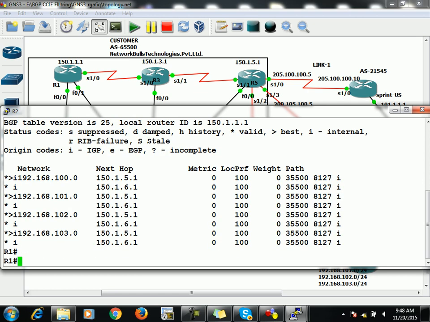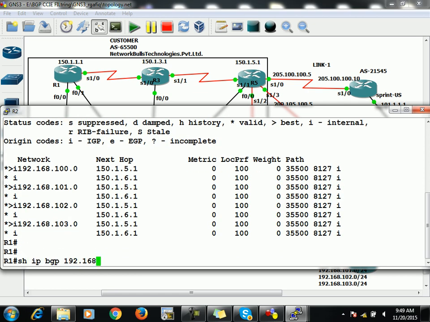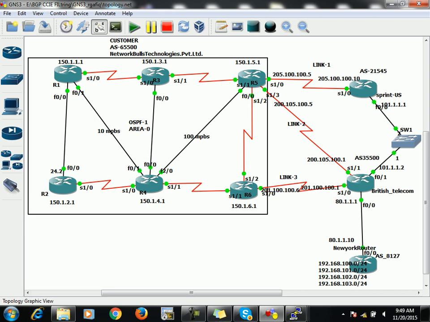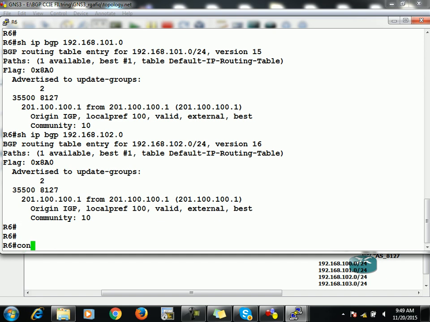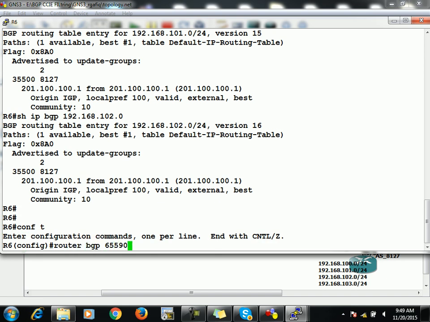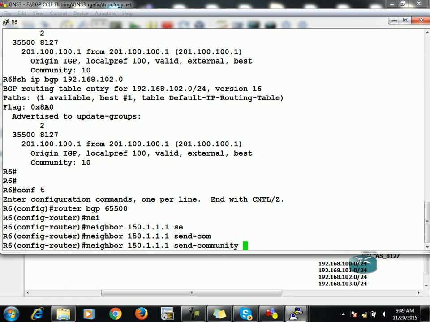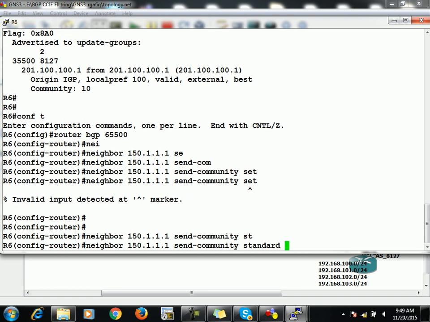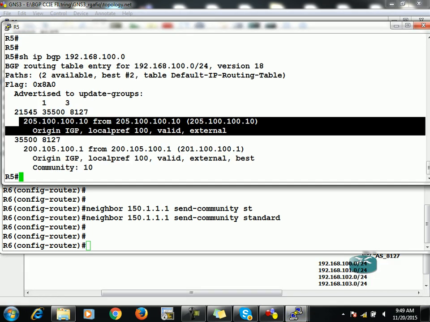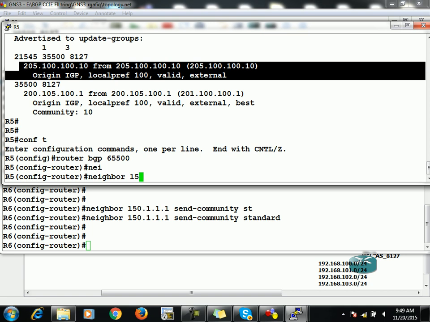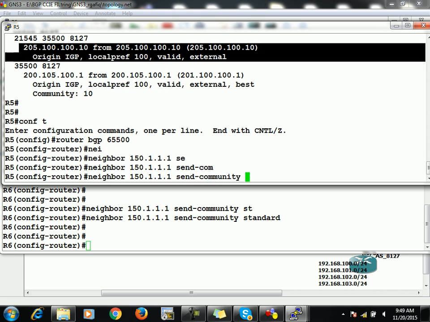You can see that we are receiving all those prefixes, but if we open them, 100.0, we will not get any community in all these prefixes, right? If we want to get this community onto R1 as well, then we have to move on R5 and R6, both of them, and then we have to say router BGP 65500 neighbor 150.1.1 send-community standard, right? Similarly, I have to configure the command on R5, like router BGP 65500, neighbor 150.1.1, and then send-community